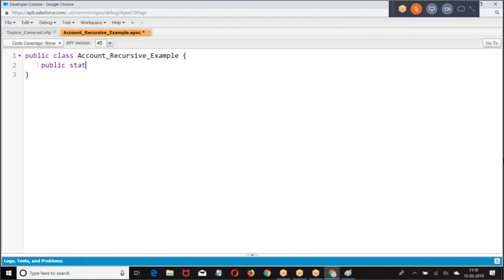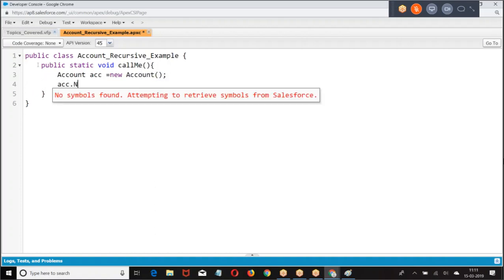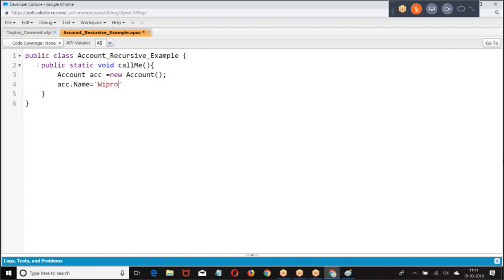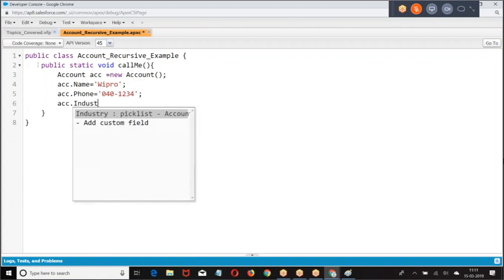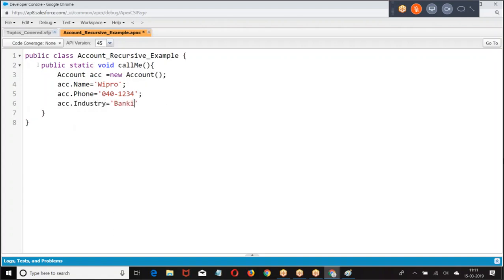Public static void. Now, when you call this method, an account is getting inserted.